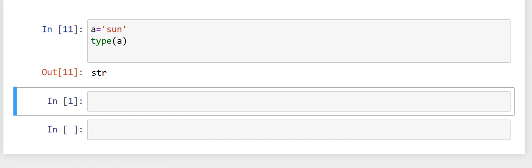Now, before concluding the video, let's have a discussion on user input. To take user input, we will use the input function. Here is this input function. But as we know, we have to store the value in some variable, so we will write a equals to input. Then we will write some quotation in this input